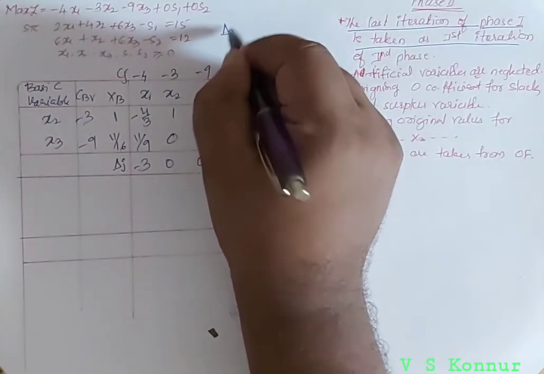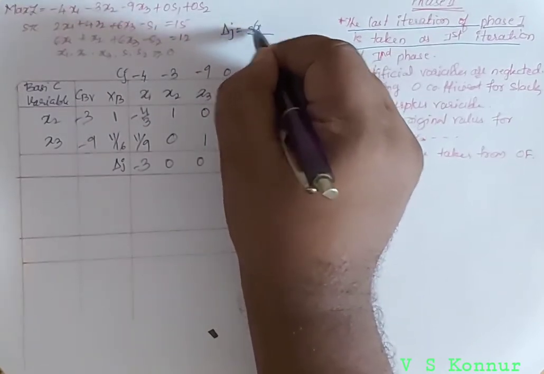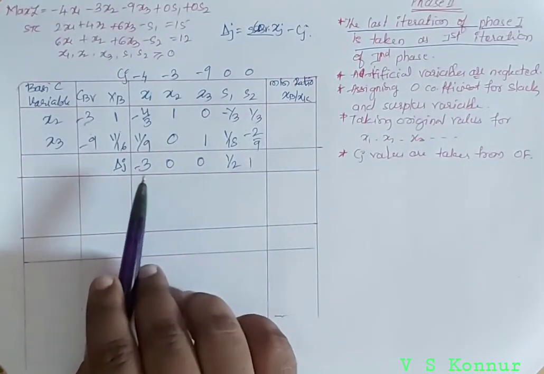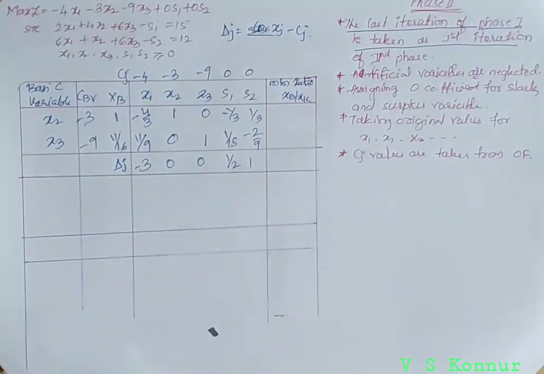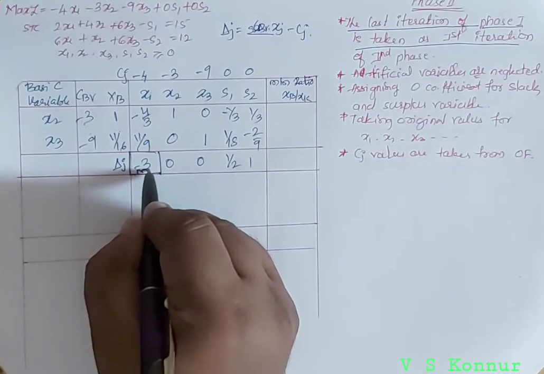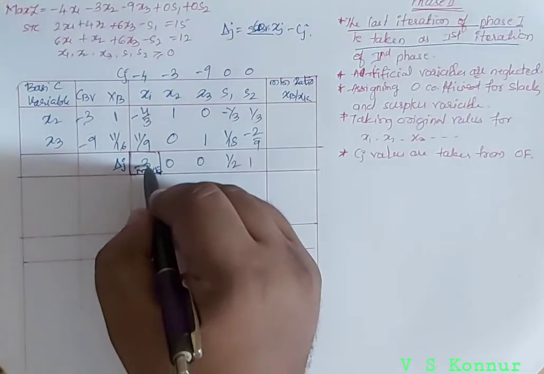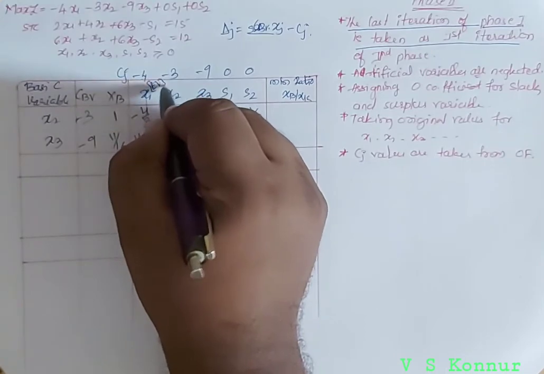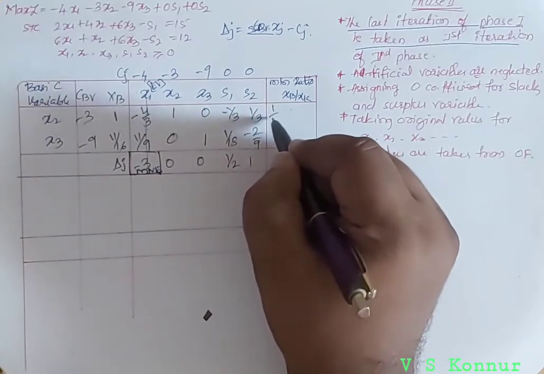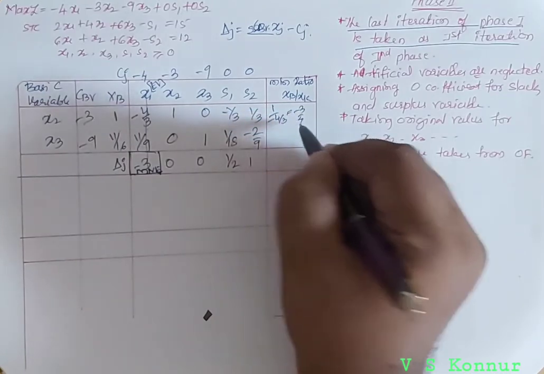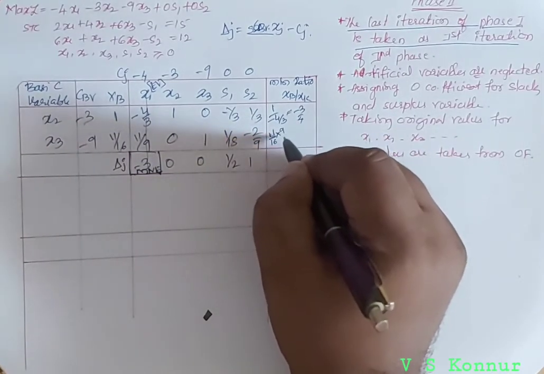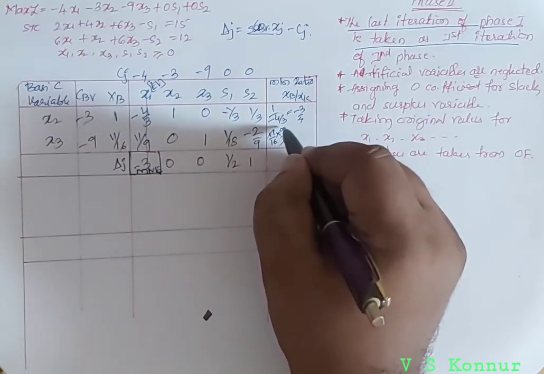The same formula: delta j is equal to summation of CBV into xj minus cj. This formula we have to apply, and we will get this. In the last step I explained how to get the delta j values. Now once again the most negative element will be taken from the delta j, that will give the entering vector. Then we have to calculate the minimum ratio xB by xk. 1 divided by minus 4 by 3, that is equal to minus 3 by 4. Then 11 by 6 into 9 by 11. So 9 by 16.